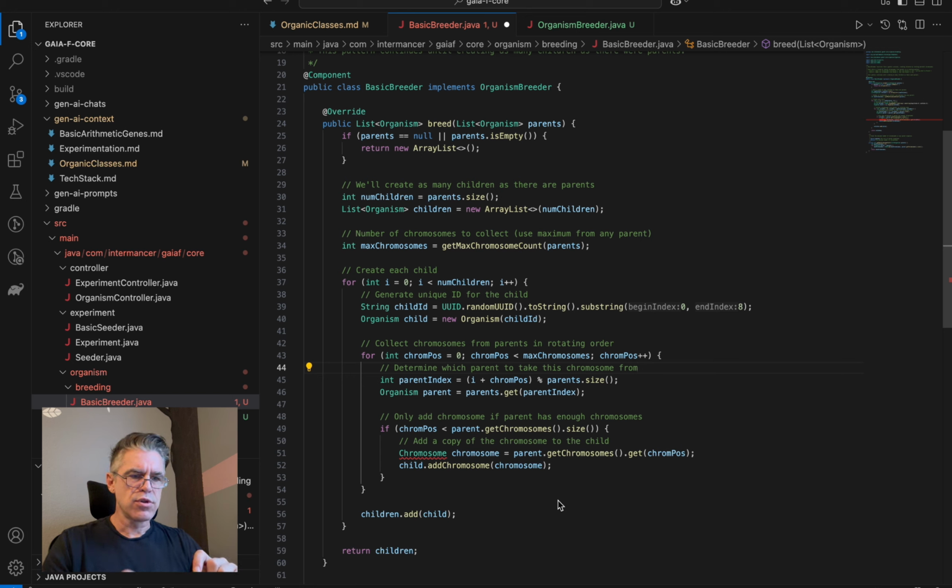So for the first child, first at 0 mod parent size. That's all good. Parent is parents.get parent index, if chrome position, the number of chromosomes, is less than the parent's get. Excellent. Add a copy. Chromosome equals